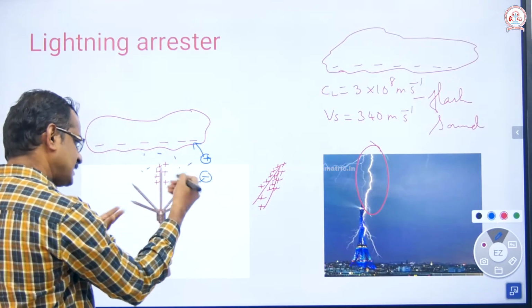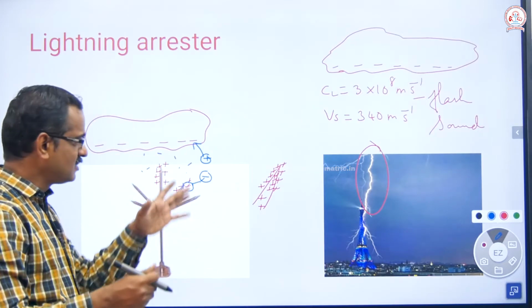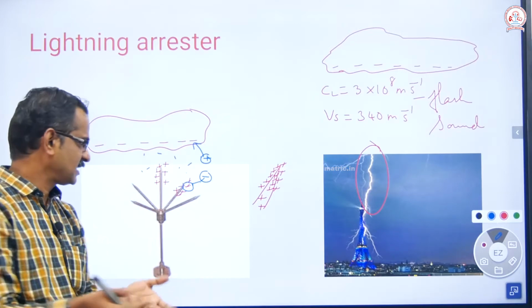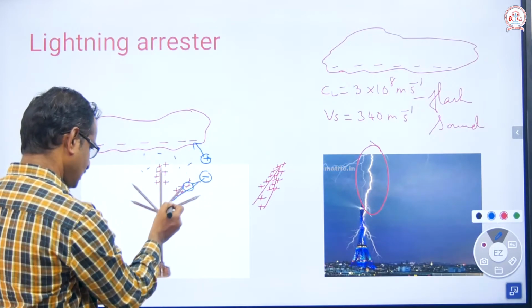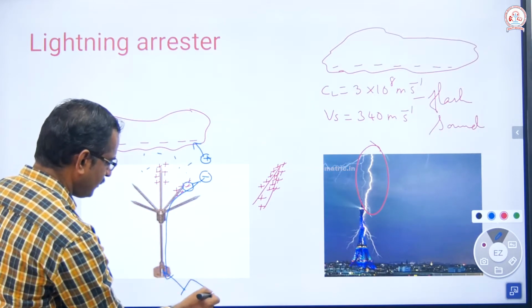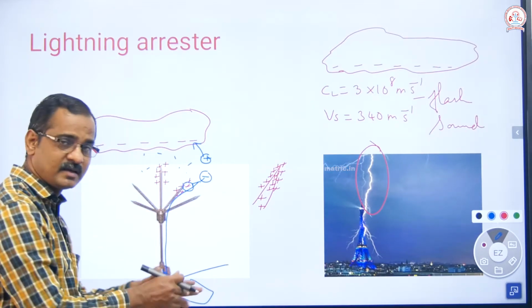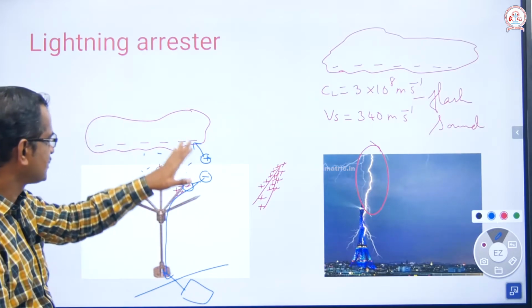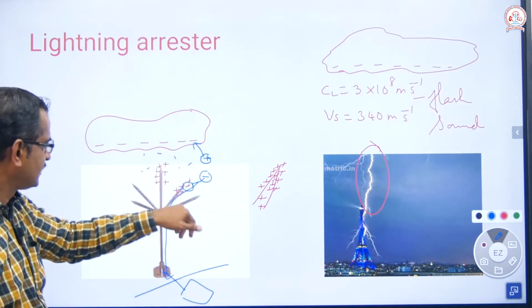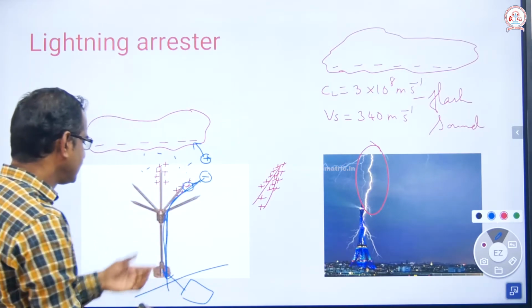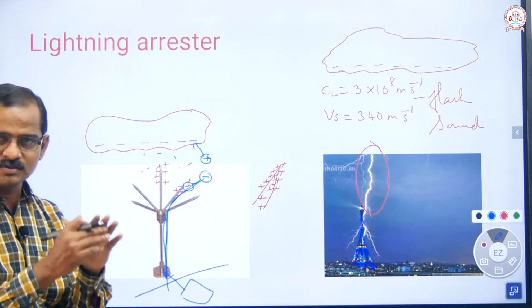and even if there is excess, because all these phenomena take place in a negligible amount of time. Even if there is an excess of negative charges, they go to the earth. Generally at the bottom there will be a big copper plate, all buried under the land. So whatever charges leaked here, if there is excess charge, will go to the earth, and this lightning arrestor will be fixed on the top of a building.